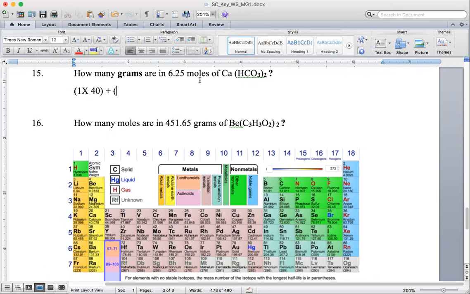Then calcium hydrogen carbonate also has 2 moles of hydrogen atoms there, and each mole of hydrogen weighs 1 gram. It also has 2 moles of carbon. We distribute this 2. Each carbon is going to weigh 12.011 grams, which rounds to 12. And finally, we have